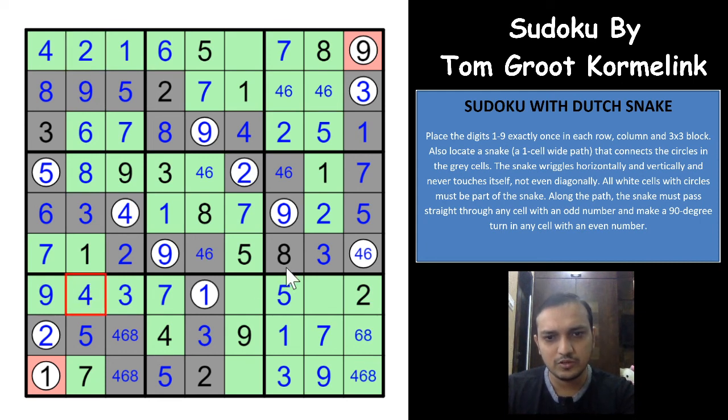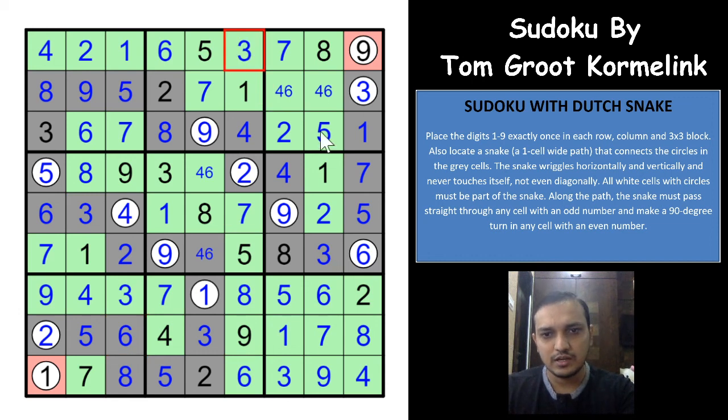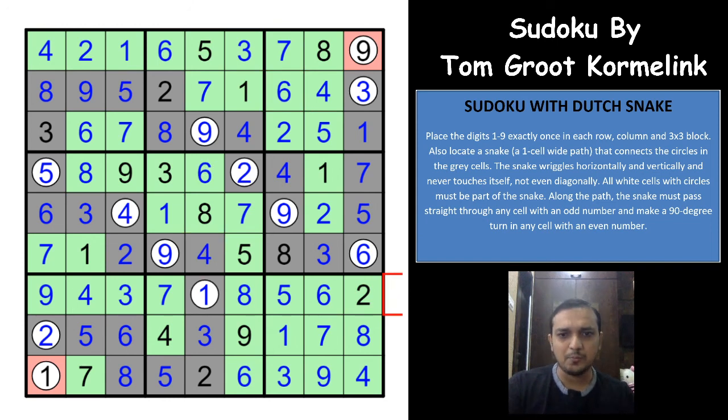Okay, this would have to be a 4, and these two digits are 6 and 8. So this becomes a 4 here. This is a 6 and 8. Okay. 4 gives you a 6 here, a 4 here. That gives you an 8 here, a 6 here, a 8 here, a 6 here, and 8 here, and a 6 here. Right? This gives you a 3 here, and a 4 here, and a 6 here. And that gives you a 6 here and a 4 here. I mean that we complete this Sudoku.